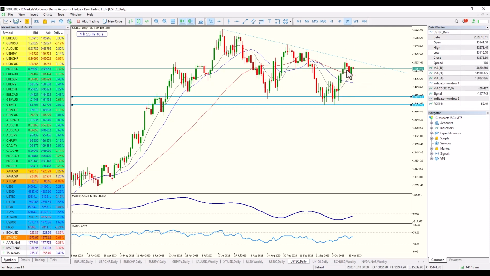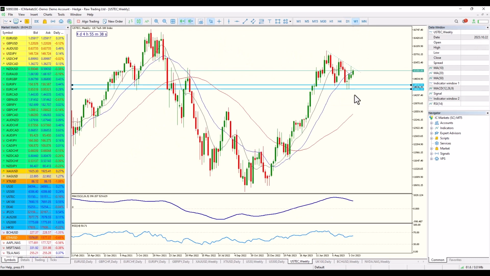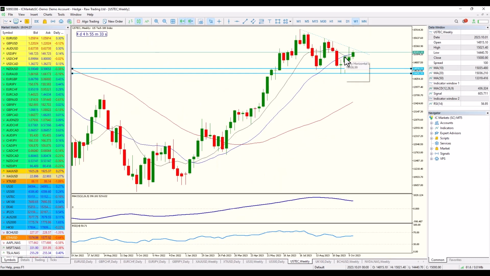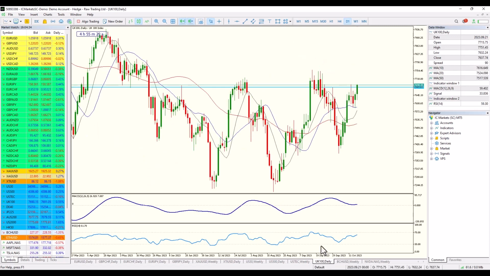Also, it starts to work its way above the 10, the 20, and the 50. Price action is sitting above that. So there are lots of separate indicators pointing out that this is looking nice and bullish. Again, looking at it from a weekly perspective, we can see here that it's a very nice bullish candle. Then we had a bit of indecision, and now the market is continuing to push to the upside. So also bullish signals there.